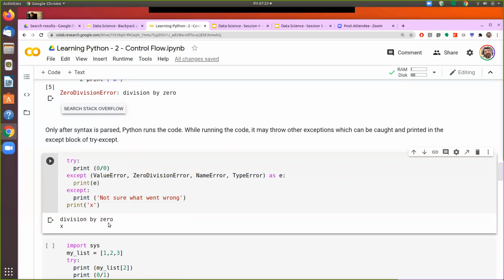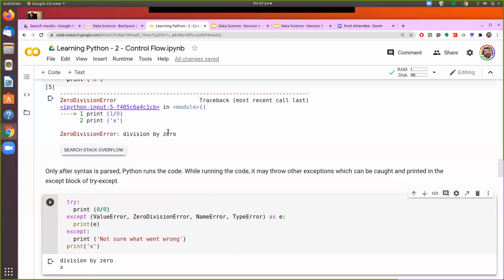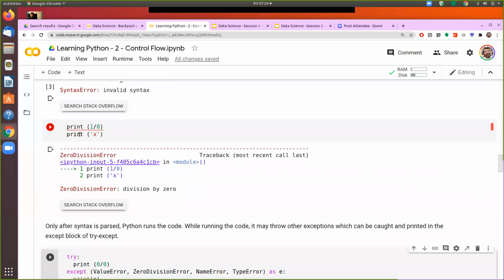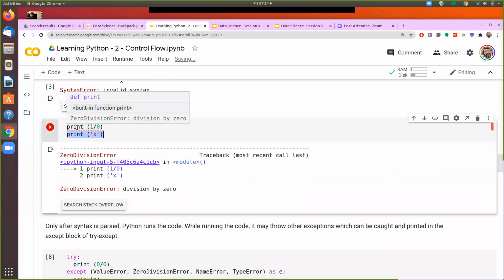Let's see. So you saw here that in the previous one, it did not execute the print x here because it encountered an exception and that exception was not handled. So what happens is that when we run the program, if there are several lines of code which need to be run, and the system stops here, then we first have to go and fix that problem. Only then can we see whether the next line is executing or not.